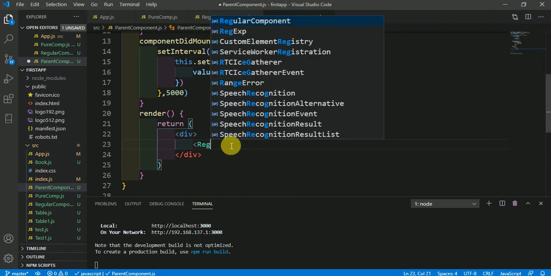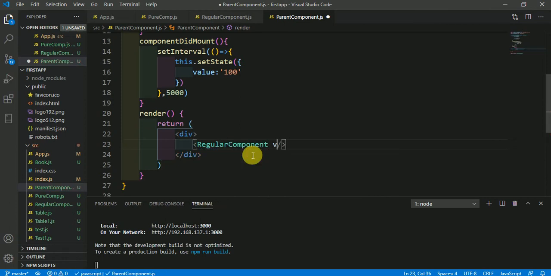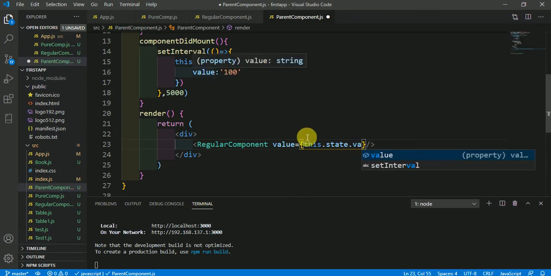So RegularComponent value is equal to this.state.value.